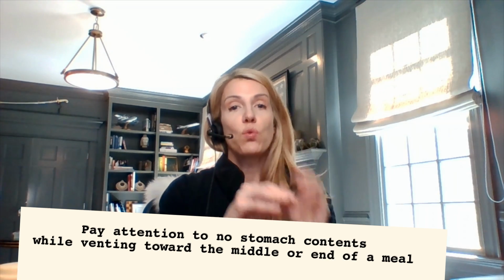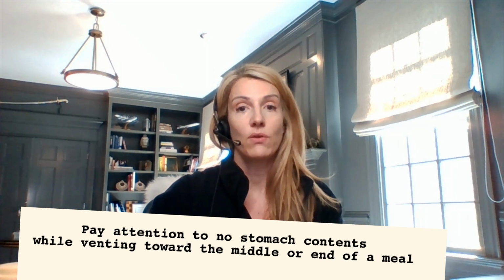On the other hand, if you're bolus feeding, i.e. not using a feeding pump, or doing continuous feeds, and getting minimal stomach contents coming out toward the middle or end of a feed, or nothing is coming out, two things could be going on. One, you may want to look at whether your child is getting enough food at a given feed or enough hydration. For example, when my son was going through a growth spurt, we just weren't getting any food out when we would vent him,